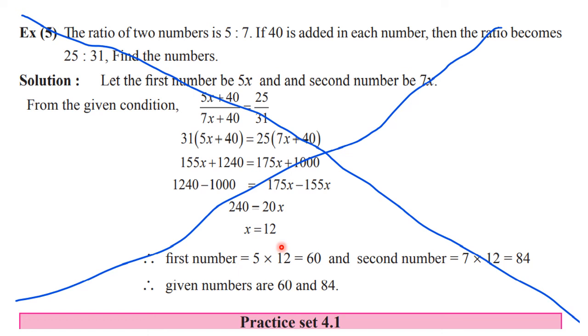Okay, because I told you that whenever we want to compare two numbers in the form of ratio, their units should be the same. So you must understand the meaning of that and you must know all the conversions. Then similarly you can do the number of days in the year, the number of days in the week, or the number of months in the year. All these conversions you have to know.